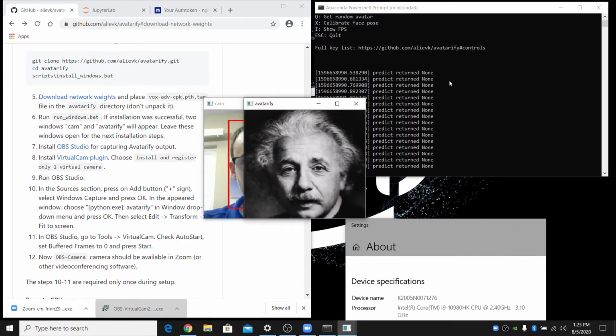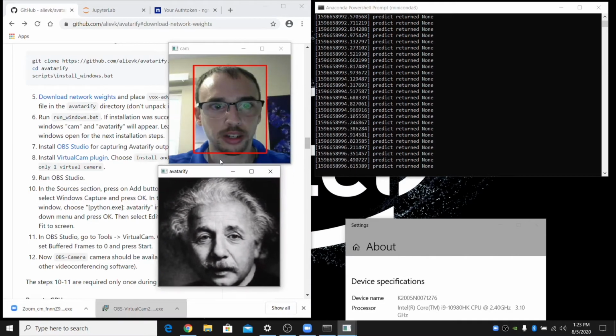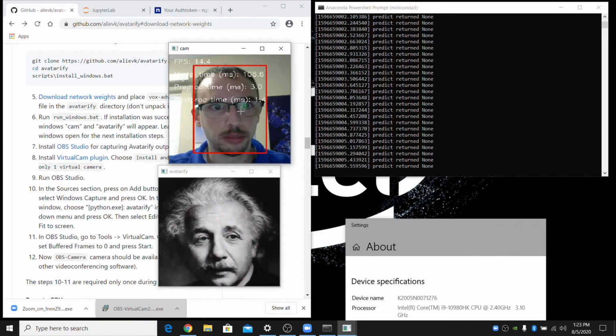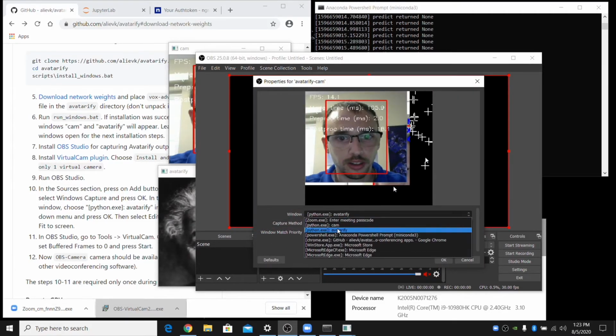So we've got that going now. And so now we're running on the remote oneAPI DevCloud. I've got our frame rates here. So we're getting about 14 frames per second. It seems to be actually a little bit better, about on par with what we had on the Thin and Light Ice Lake notebook. And we're going to open up OBS Studio here and make sure that the camera that you're picking